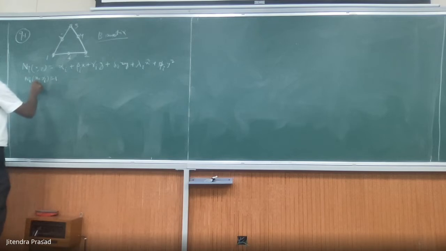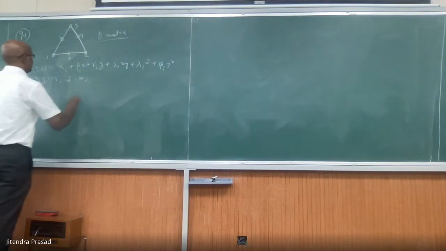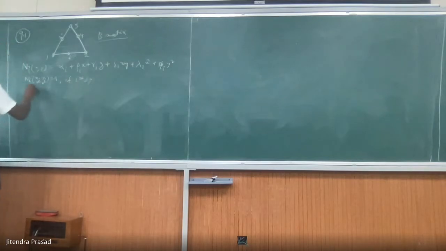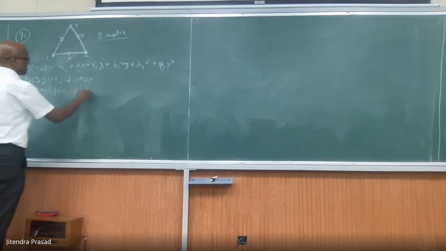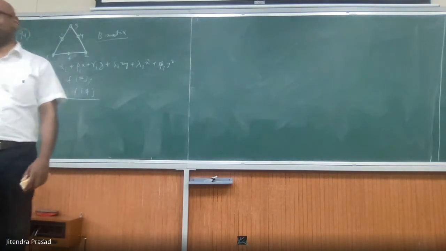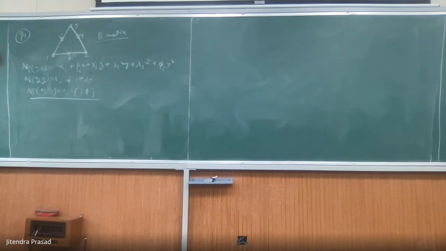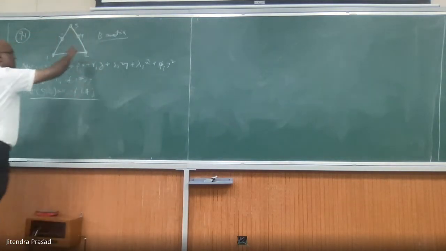Or you can also write Ni at xj, yj equal to 1 if i equals j, and Ni at xj, yj equal to 0 if i is not equal to j. So in general, you have that, and you find out the values of these coefficients, and you can solve it,